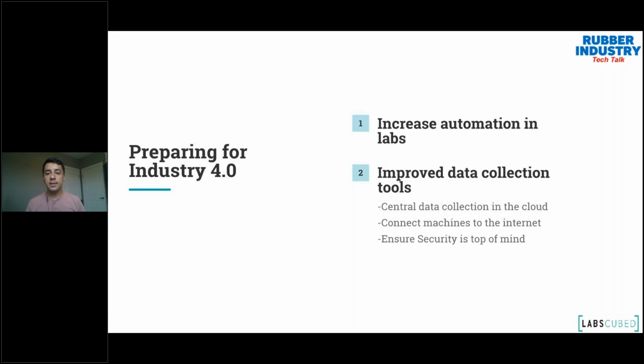The second thing is improving your data collection. We see pretty sporadic data collection, where each system might save into a place. There's still Excel sheets where people are doing very interesting things. There's still papers where people write things on them and then they scan them in. You've got to improve all those and really try to digitize and clean up that process as much as possible. Centralize it if possible into a cloud system.